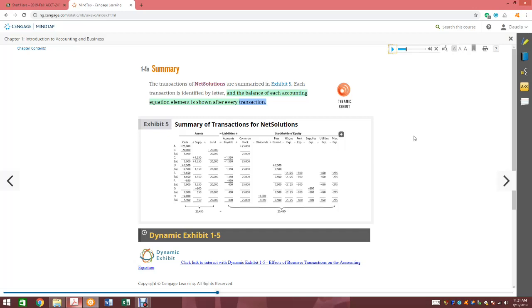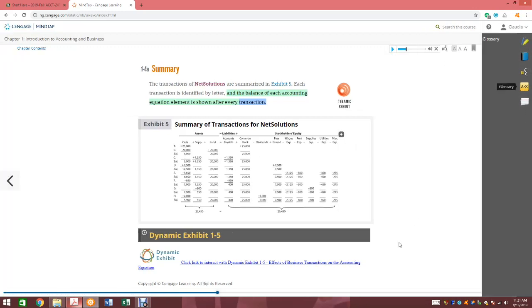What I recommend is that you read it and then you review it the second time with the reader on. That way the information can settle in. But this resource is available to you here. You can highlight, you can write notes on your textbook here. We've got a glossary